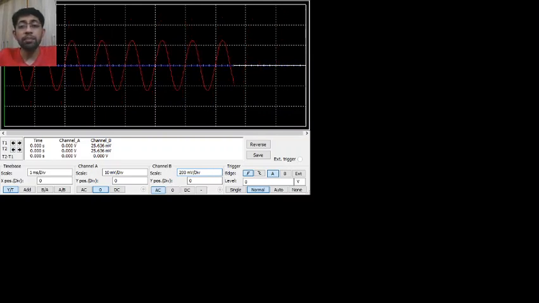Let us measure peak to peak for input 500 millivolt. So if we set the cursors, one at the top, one at the bottom, and try to get the answers,